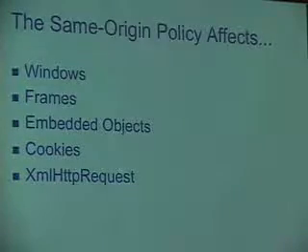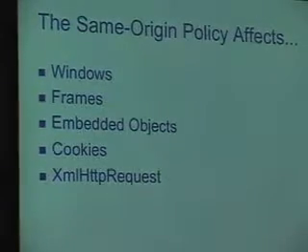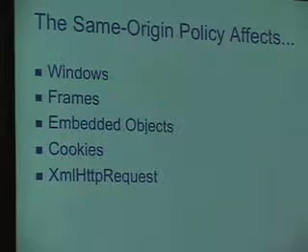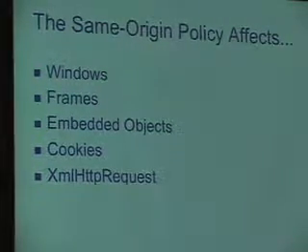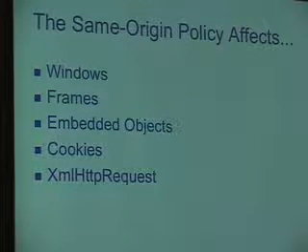So what does this affect? Absolutely AJAX, but it's also other things as well. And these are sometimes for good. So things like cookies, which we discussed, should not be viewable by anyone other than the same origin as those cookies, but windows and frames too. And this is actually a good thing from a privacy standpoint because it's very popular in the advertising world to have embedded